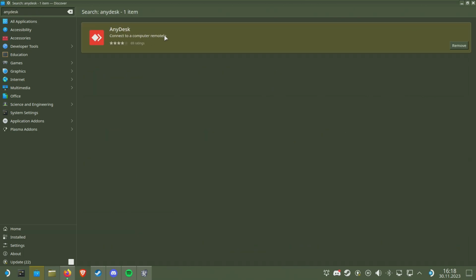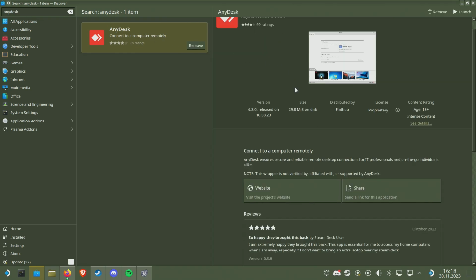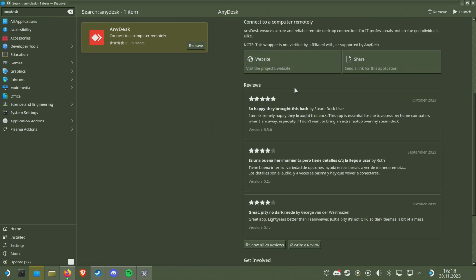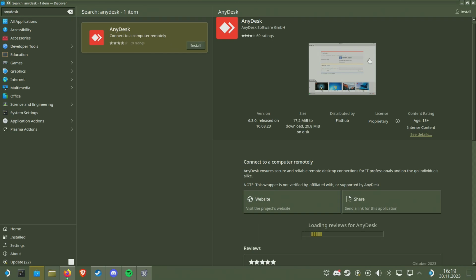In my case, it's visible, but it might not be installed. So the question is, is it just accessible or not? Good question. So in my case, I will remove it so we can see how it looks like to install